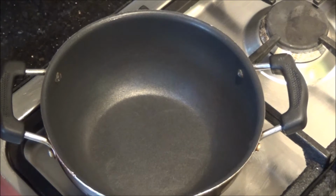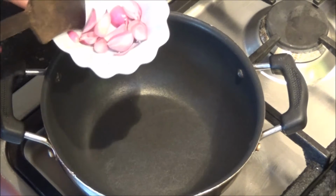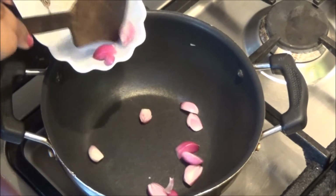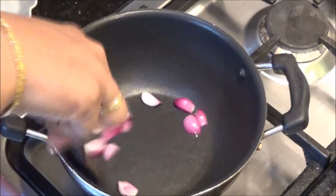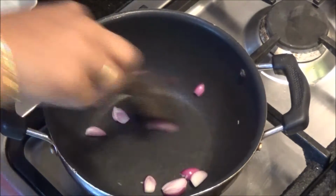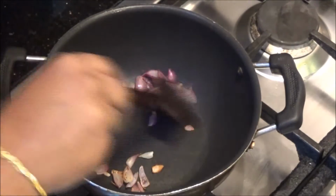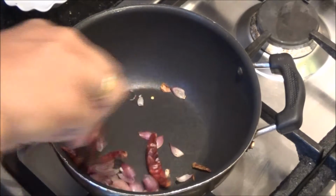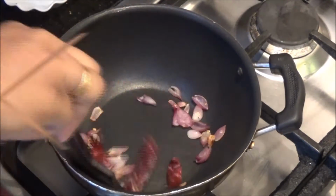First, in a pan I am going to dry roast the onion first. I have heated the pan. I am not adding any oil and I am just adding the onions which I have peeled and cut into medium sized pieces, and saute this for about 3 to 4 minutes until all the moisture is absorbed and becomes dry and it turns golden in color, and then add the whole red chilies and again saute it for